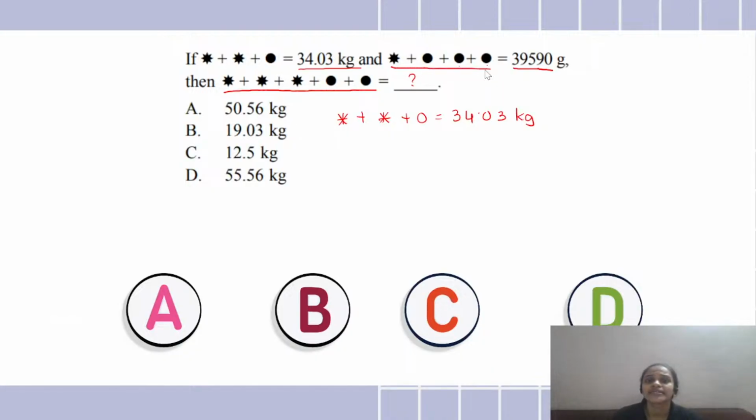The second statement is star plus circle equals 39,590 grams, which I can convert into kgs. Yes. So this will give me 39.59 kg. Okay, so clear up till here? I have just converted these grams into kg. Okay. Now,